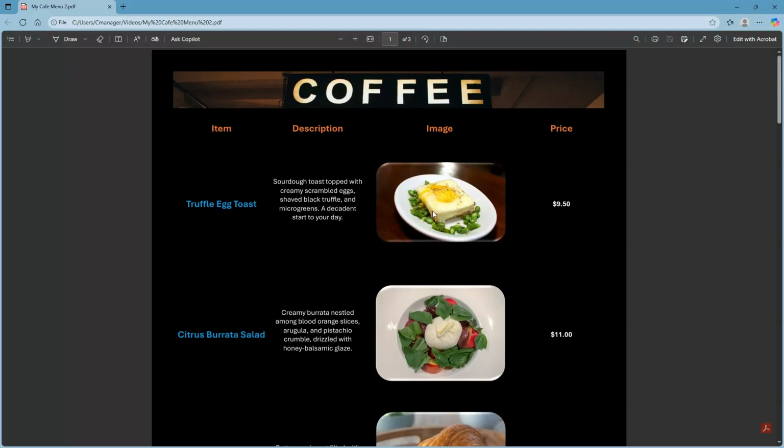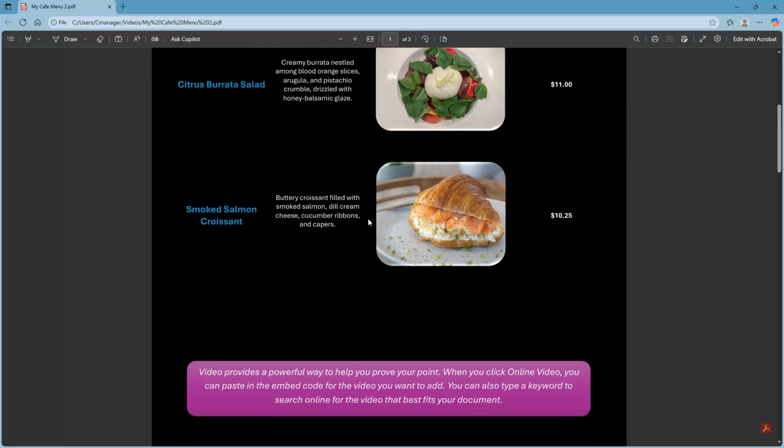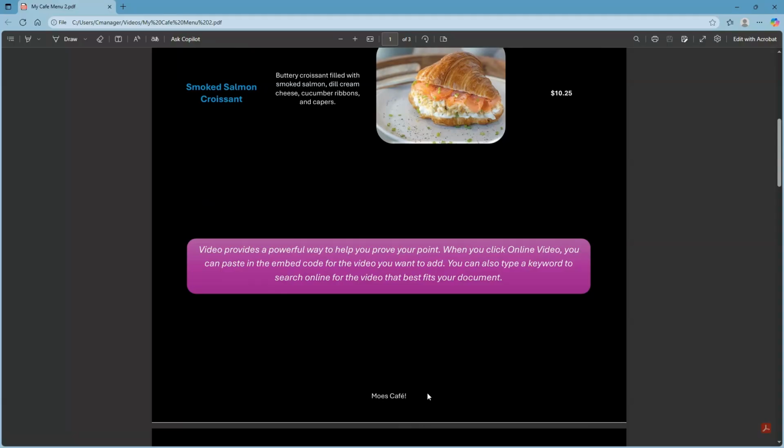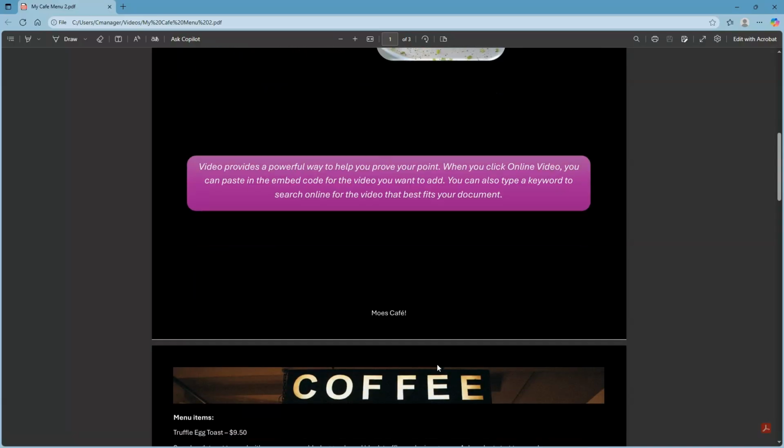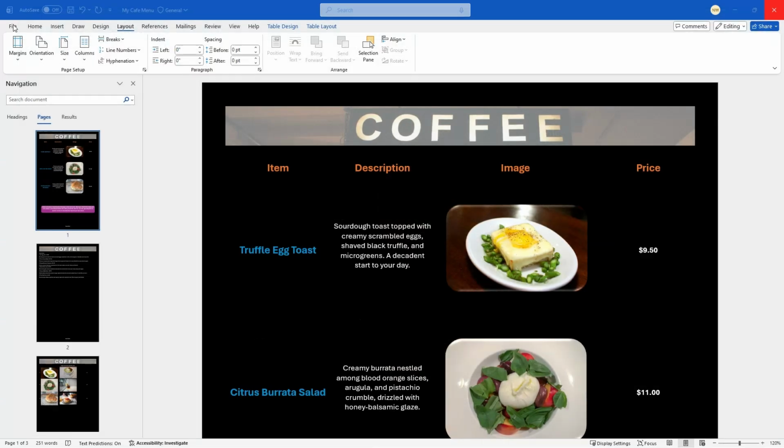And there it is. Right, so there is our menu. Here's our nice big header. And there are our menu items. Right, and there we go as well. I did include the other pages, so I don't want them in there. So I'll go ahead and do a quick republish again. So File